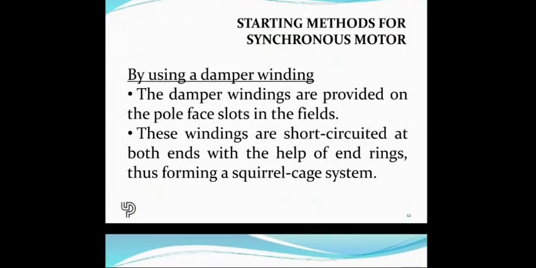Basically, this means the windings that are on the pole are supplemented by extra windings called damper windings. These windings are short circuited in the beginning, which is actually like making the motor an induction motor, so that the motor starts. And when the motor starts, you basically disable these windings.